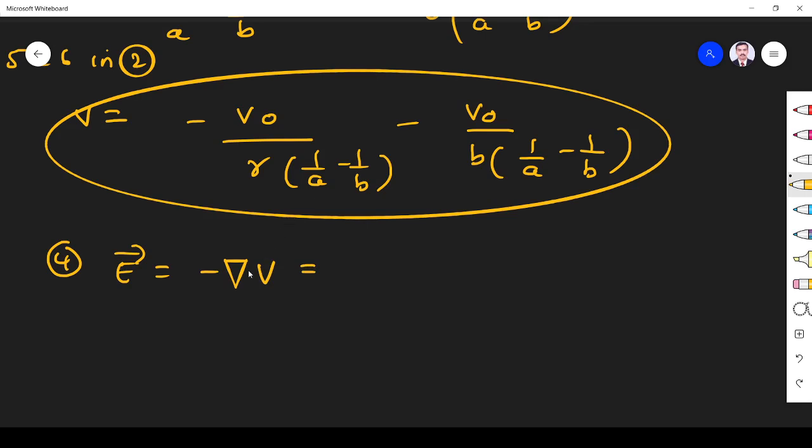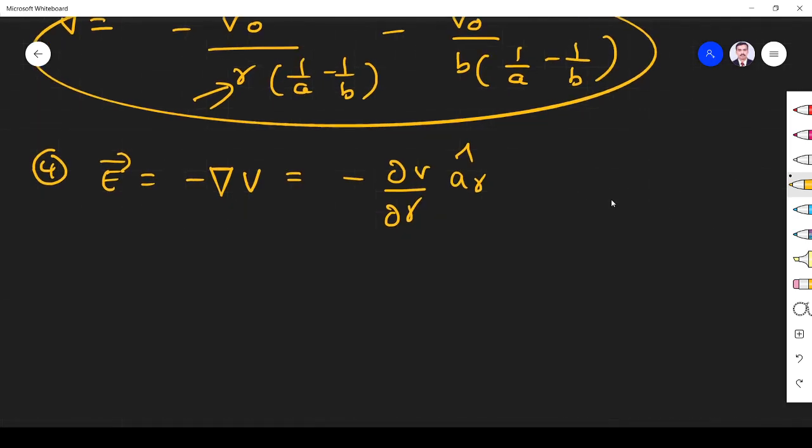So what is the thing? My del, again it is a spherical coordinate system. Del has r, theta and phi components, but it is depending on only the r value. So I take del for r only: dou by dou r a r. Dou by dou theta, dou phi and all I neglect because my equation is depending only on r. No need for phi and theta.